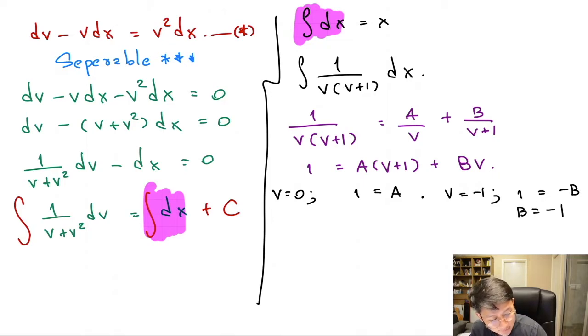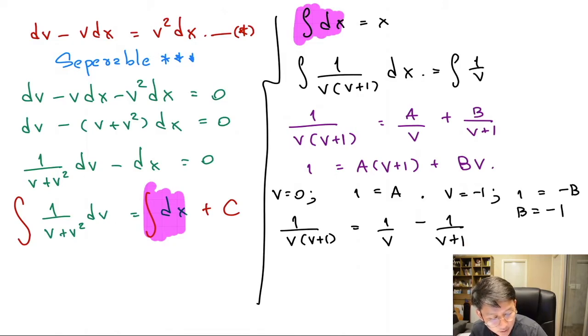So we know that 1 over v(v+1) is actually 1 divided by v minus 1 divided by v plus 1. So this integral is the integral of 1 over v minus 1 over v plus 1,